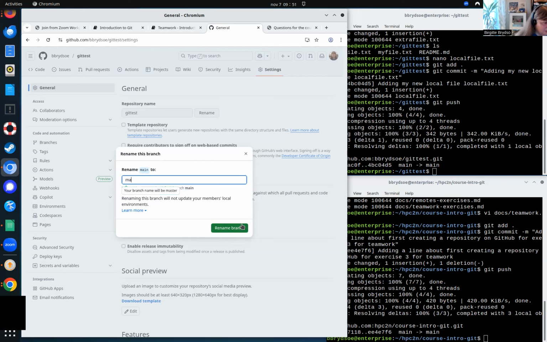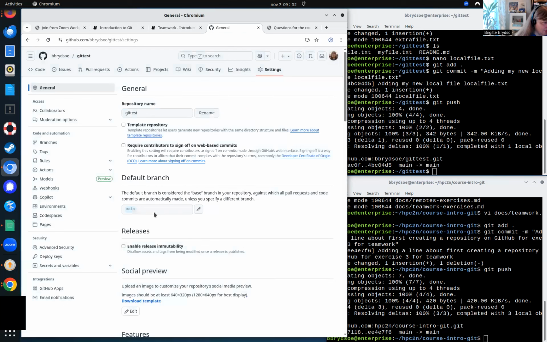And if you want it to be main, then you can rename it for that. So you go here, you rename the default branch, and that is useful in case you have something local where it's called master and you want to work with that. But in this case, I created it on GitHub. That means that when you fetch it locally, it will be called the same thing as it was on GitHub,